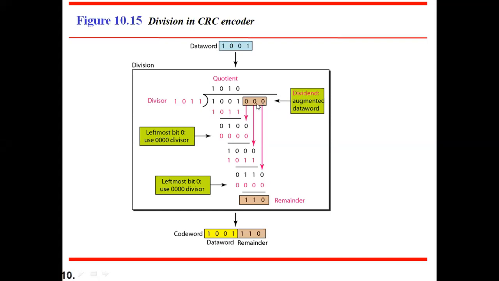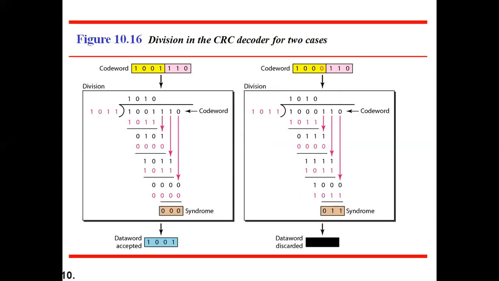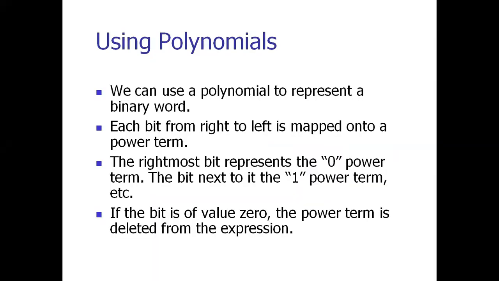So like that, you have to add the number of zeros, then start performing your XOR operations for each and every bit. But every time make sure you shift right by one bit. See here, the first time it is done here, then every next time you have to shift right by one bit. Don't start from the left side every time. That is what we call the cyclic redundancy check. Cyclically it will be shifted right every time. So you should keep on shifting, then perform the arithmetic operations, that is nothing but XOR operations. So all this together we call CRC. This is used for error detection. Okay, I hope it is clear.